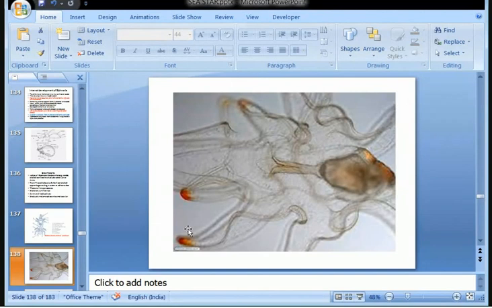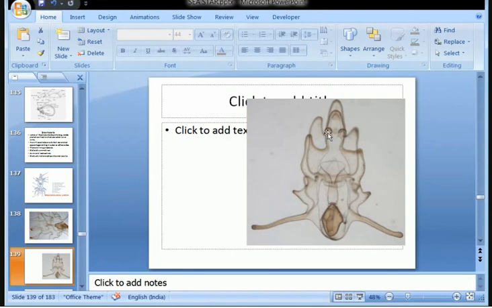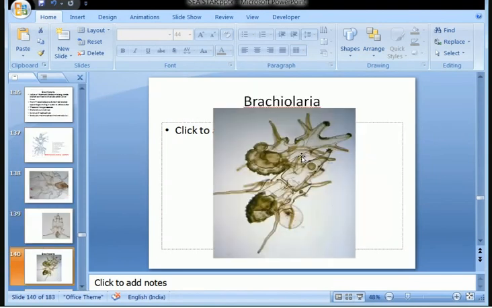These dark points show the adhesive discs, and this is the gut, the larval gut, and arm extensions. Here are these structures. Here you see these are the brachiolarial arms, the smaller arms, and then we have these elongated arms. These are further elongation. Here you see, and side by side at one point you see this pentaradial structure is forming. A primitive sea star is forming at this point here.